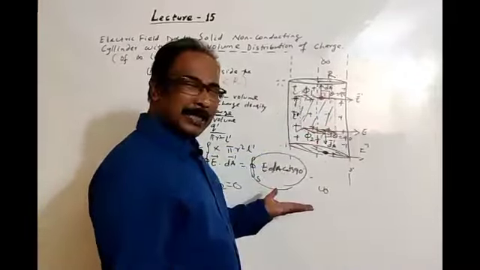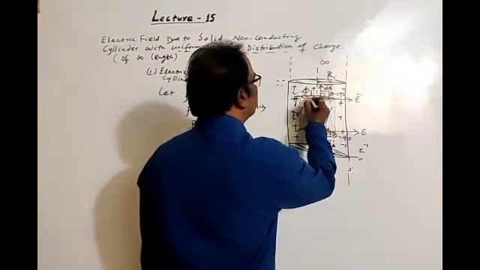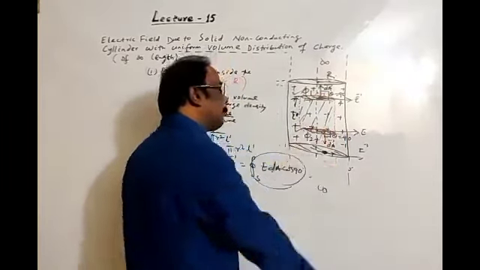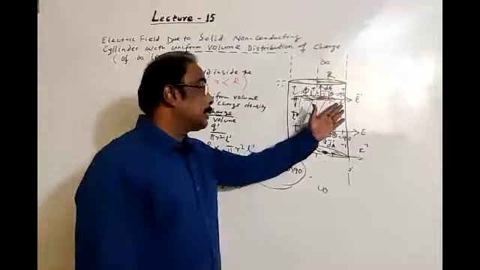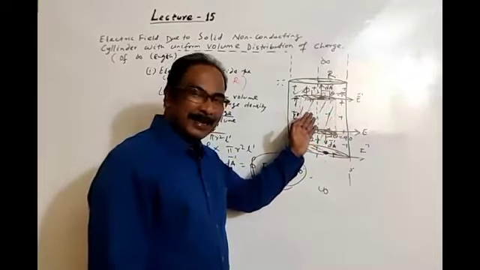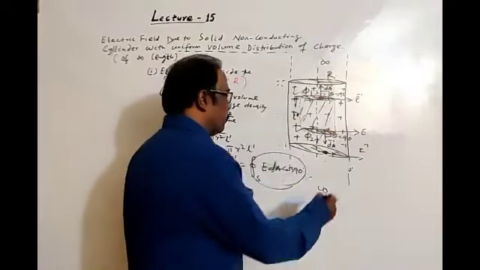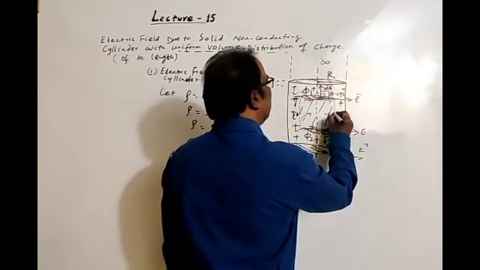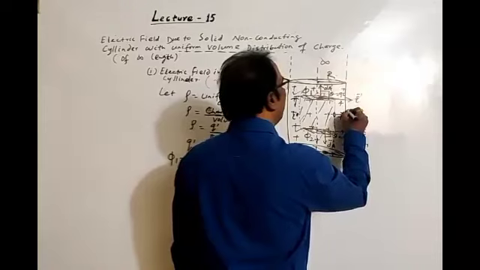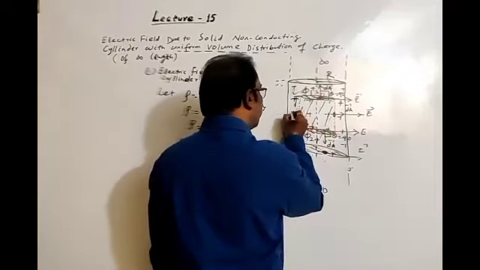So if flux is 0, obviously the electric field for these two surface areas is 0. Here electric field 0, here also electric field 0. Then the remaining surface is the curved surface of this imaginary Gaussian cylinder. We have to find the electric field due to this curved surface. Let's consider an elemental area. On this curved surface, the direction of the elemental area is dA, and the electric field is E. You may take it along this side also.